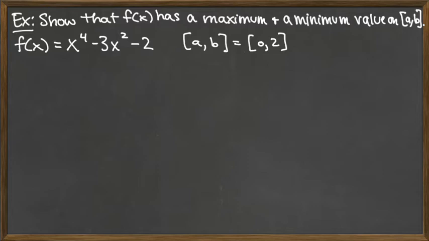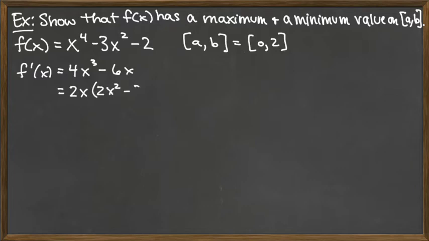To get the critical points, we need to take the derivative. For derivatives of polynomials, we just take term by term. So we've got 4x cubed minus 6x. We need to find the critical points, so we need to find where this is 0 and undefined. To get where it's 0, we want it factored first. So we pull out the greatest common factor, which would be 2x, leaving us with, not 4, how about 2x squared